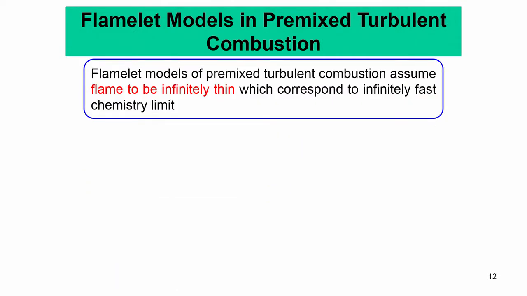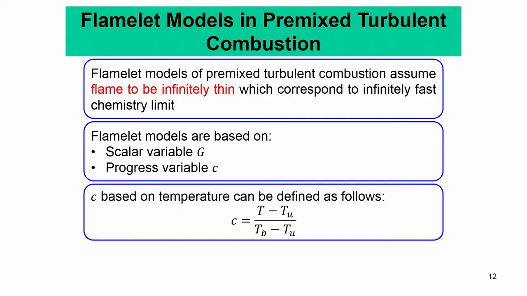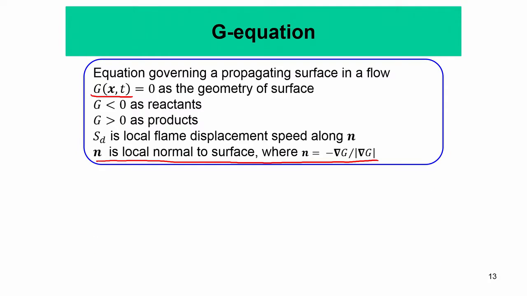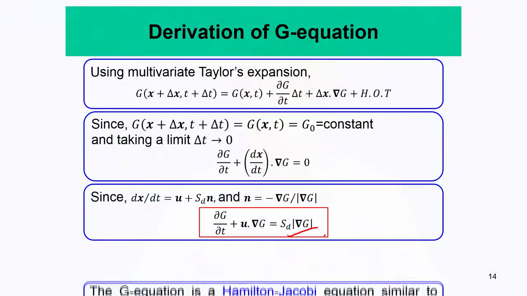Essentially then we went into the different flamelet models, which use the scalar variable G and the progress variable C. Then we went into the G equation, where we showed that flame propagation can be described by the evolution of a variable where we consider the flame surface to be essentially an isosurface of that variable, okay, and this isosurface locally propagates with the flame displacement speed, and then we can derive the G